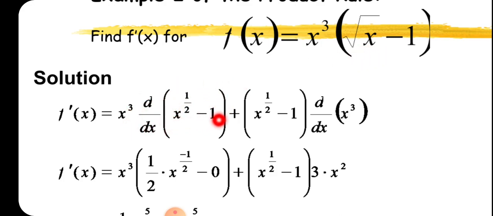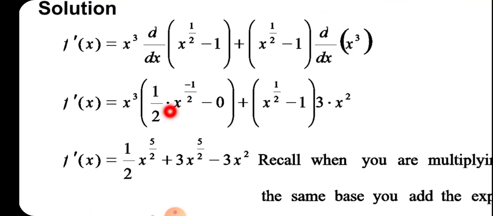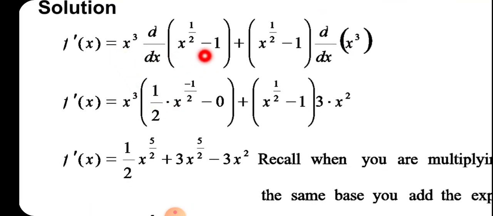The derivative of the second, the derivative of root x, or x power half, minus 1, plus second, x power half, which is root x, minus 1 times the derivative of the first. Now you have x power 3 times the derivative of this bracket, which equals, put the power down, so you have half x, subtract 1 from the power, half minus 1, which is negative half. The derivative of the constant is 0. Plus first times the derivative of